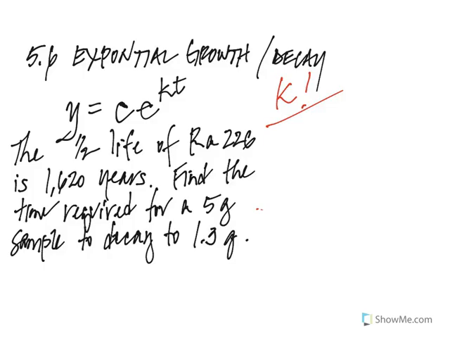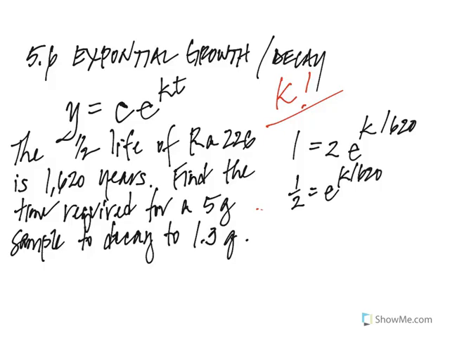I think that's obvious, which means we're going to pick easy numbers. Like, for instance, you could start with 2 grams, leaving you 1 gram after 1,620 years. All we need to do now is solve for K. So I'm first going to divide by 2 on both sides. That leaves me a half. Incidentally, you could have started with 1 and decayed to a half. Obviously, it's 1/2